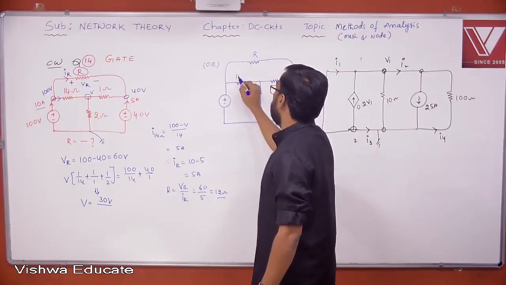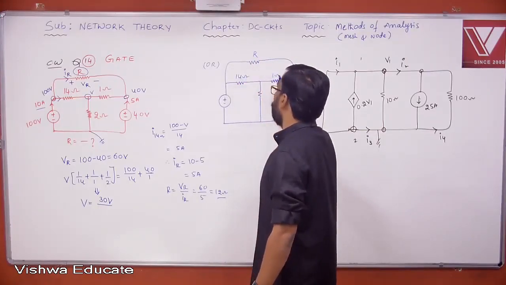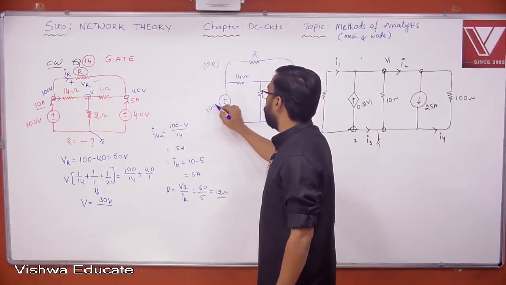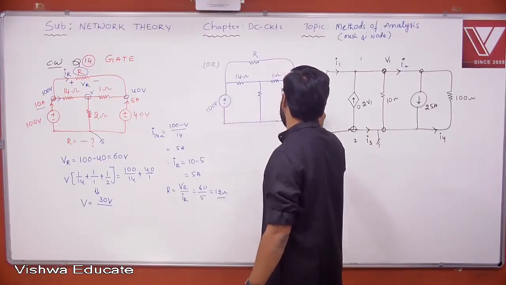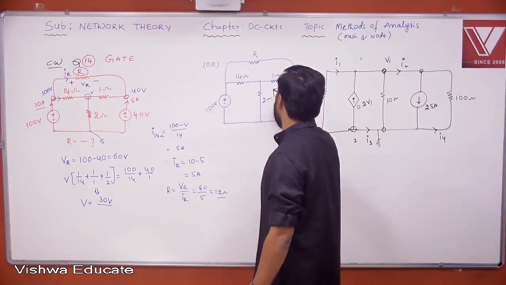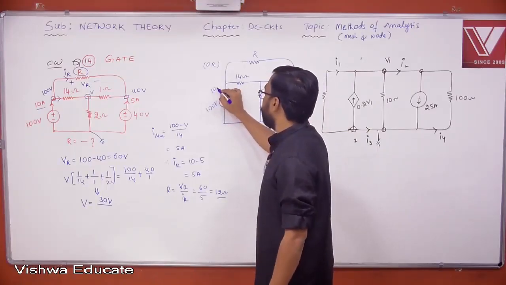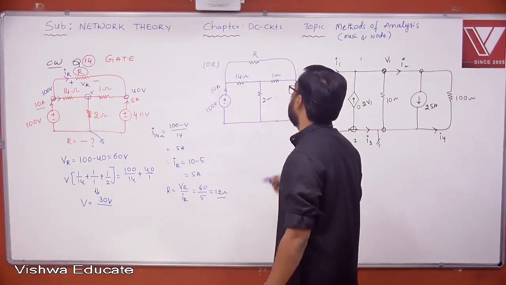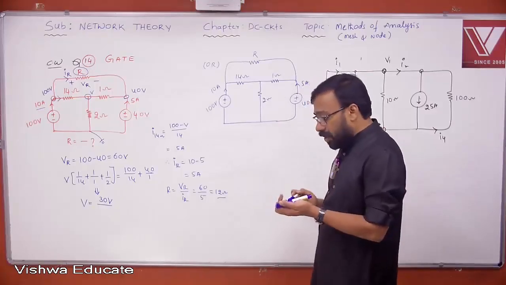R and 14 ohm, and this is 1 ohm, this is 100 volt, and what about this? This is 40 volt, this is 2 ohm, and this is 5 ampere. Here it is how much? 10 ampere. Okay. Now he's asking this. You already know that